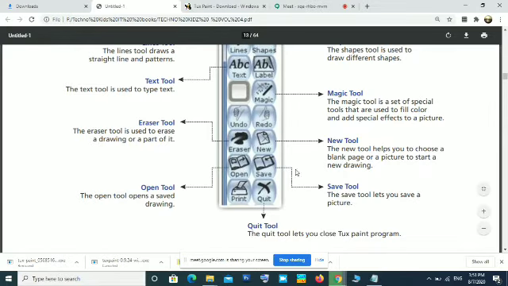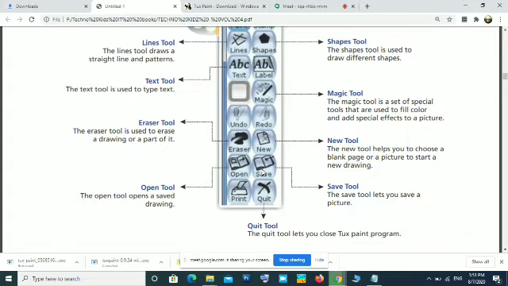Okay, save is the same as the save button in any program. When you click the save button, whatever drawings you have created will be saved. If you are clicking it the first time, you will be displayed a save as dialog box. You have to give the file name and click the save button. If it is already saved, no dialog box will appear. Whatever changes you are making will be updated or added to that file.